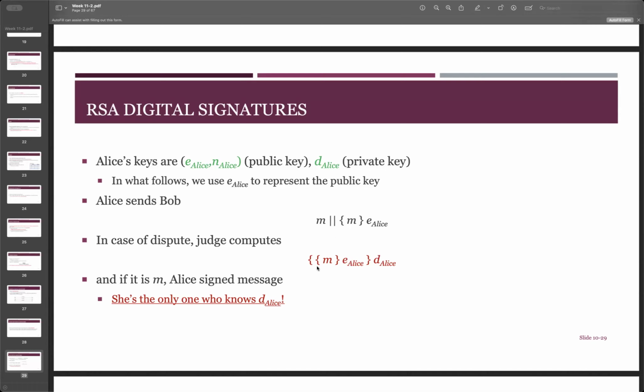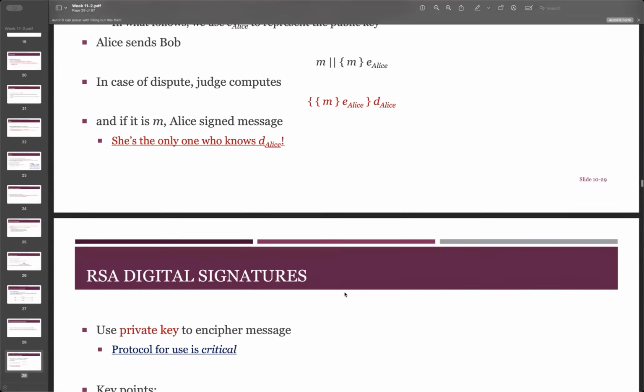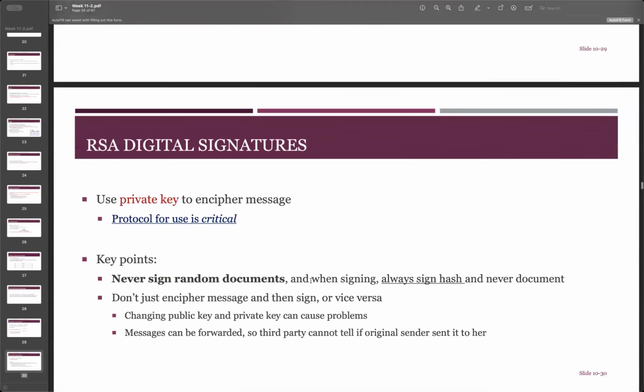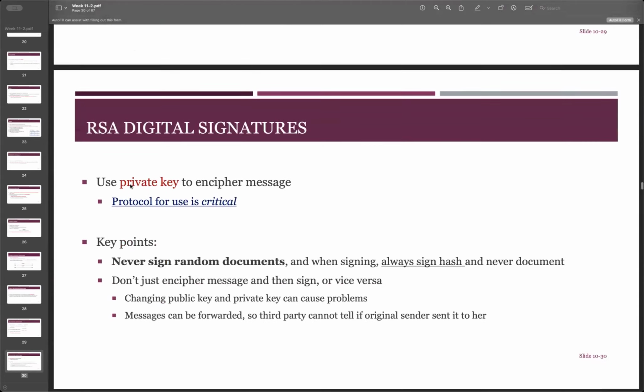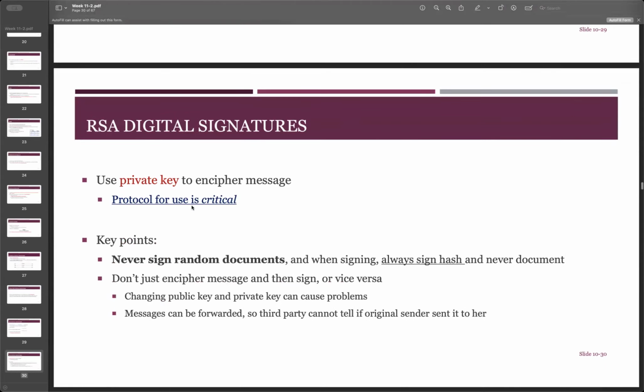Okay, and if there's a message, it's a signed message, then we know who it is from. Is it from Alice? Then we know it's her, and then from the judge we know it's her, and then we change it to Bob, and we will send it to Bob like this. So we can keep going, and right here, if we're using a private key to encipher a message,